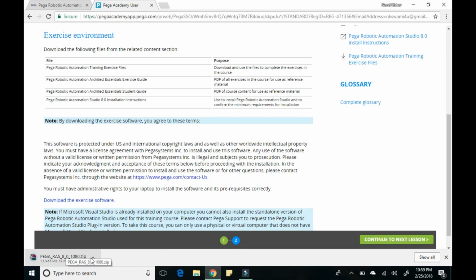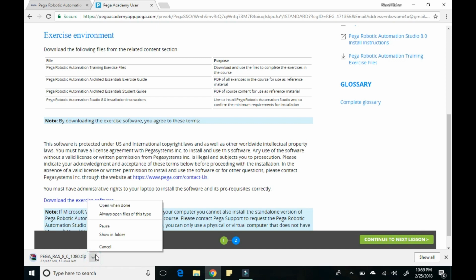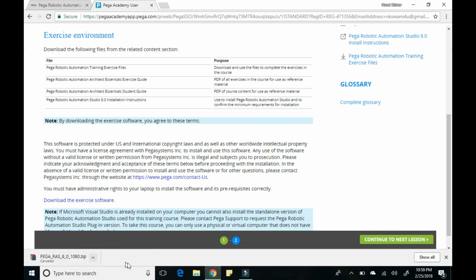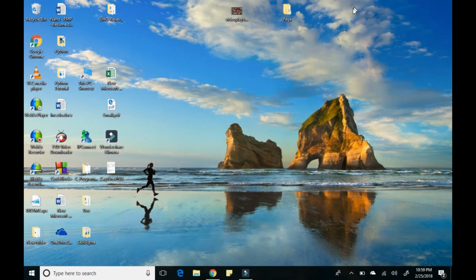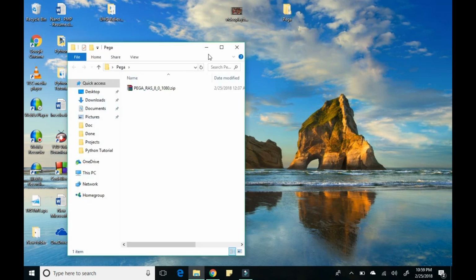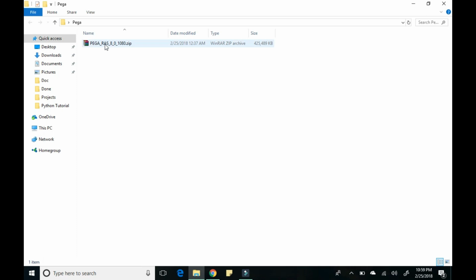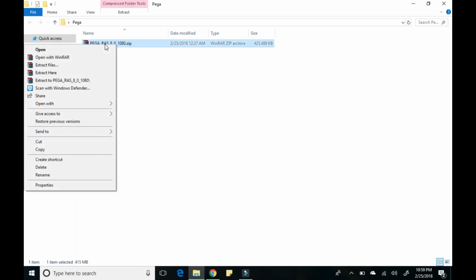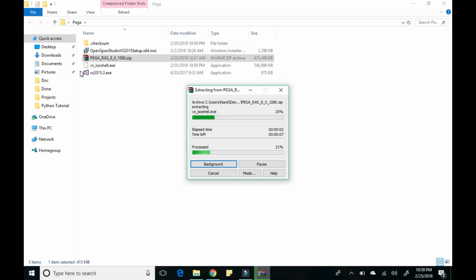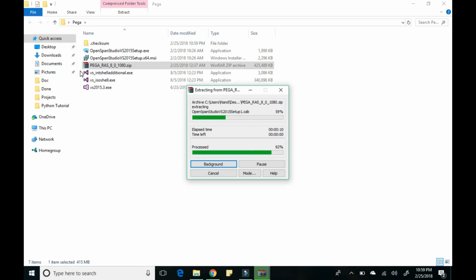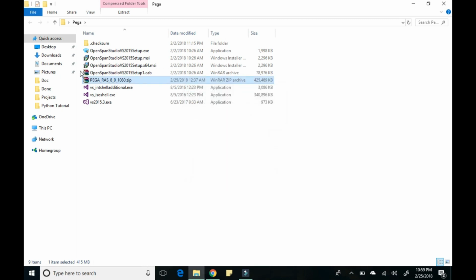You will see the download has started. Once your download is completed, you can go ahead and open up this zip file, or you can save that zip file in a folder. I have already saved it in the folder called Pega. Now open up that folder and right click on the zip file and just choose extract here. Once you click on the extract here option, the files would start getting extracted from the zip file, and once done extracting,